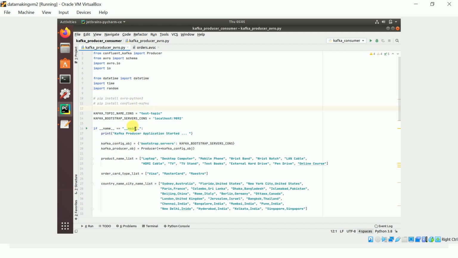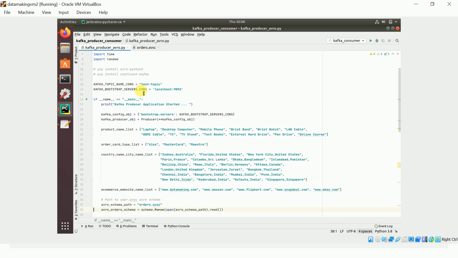With the kafka-python package I'm not able to send Avro messages to the Kafka topic, so I'm using this confluent-kafka Python package to create the producer and send the message. So I'm importing Producer from confluent_kafka, and the schema from avro, and avro.io and io. The rest are standard packages for timestamp and choosing random values from a list.